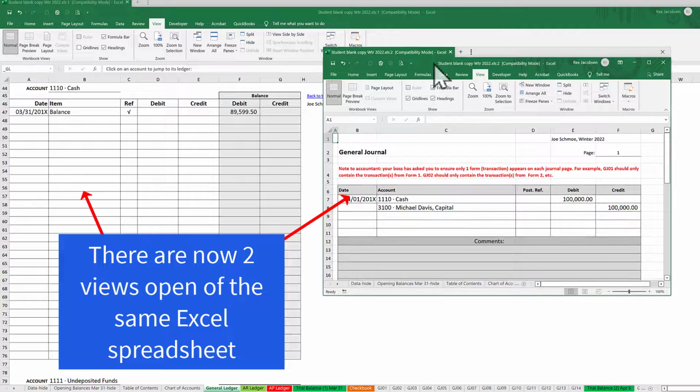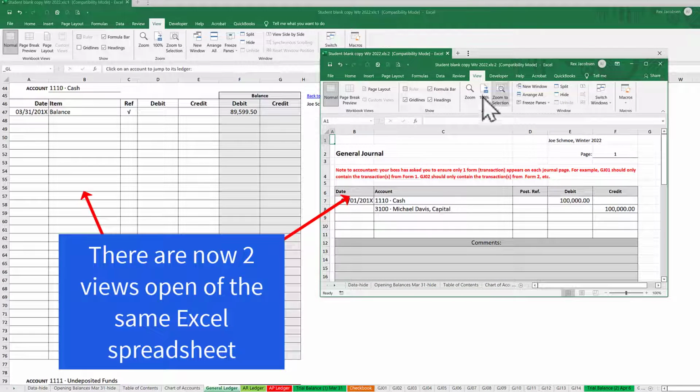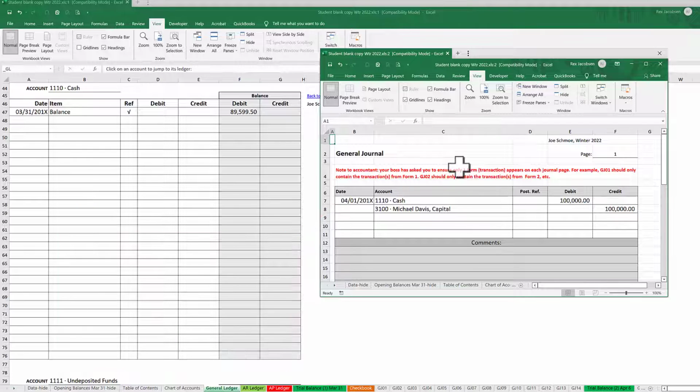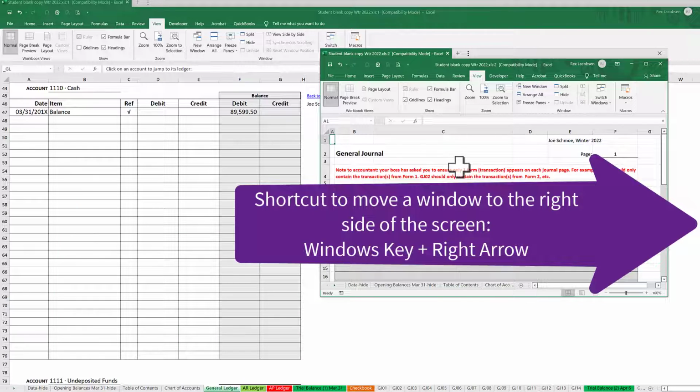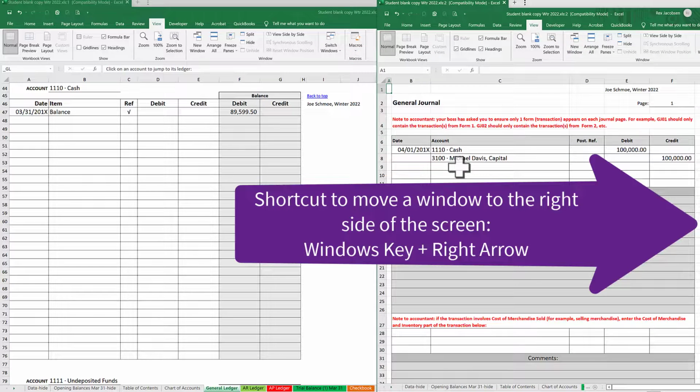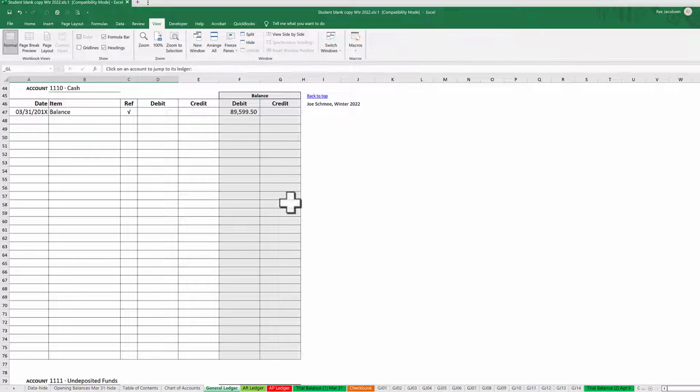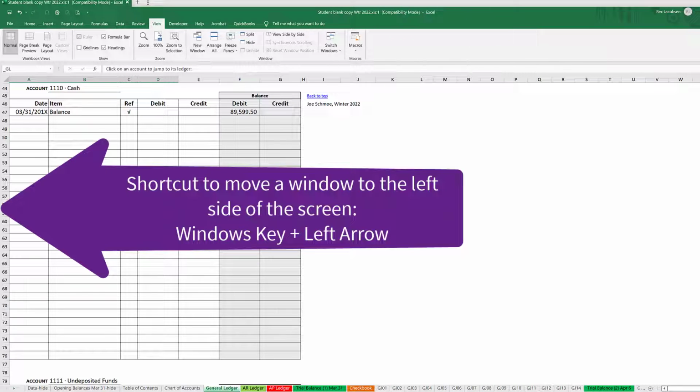So I probably want to make this a little bit neater. So to put this part of the window on the right side, we're going to press on the Windows key and press the right arrow, and that moves it to the right side of the screen. And then we're going to click on this spreadsheet to bring it to the front, and